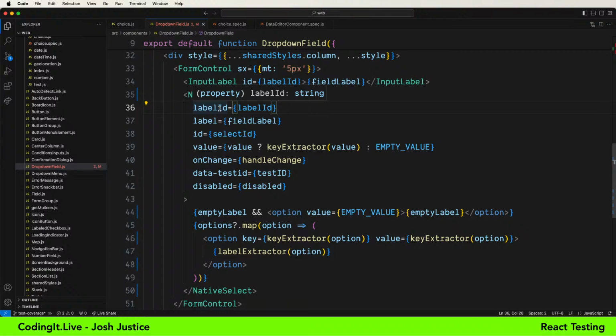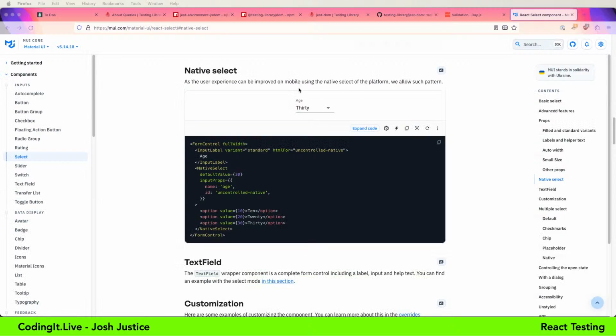So the way I was pointing this to this is that direction. I think native select, can native select have a label? Let's see. These are the things we've got to figure out. Looks like no. The label goes separately from it there. So this could be getting into more changes that I want to do, but I at least want to see if I can get the test passing to show that. And then I'll see if I have more that I want to mess around with.